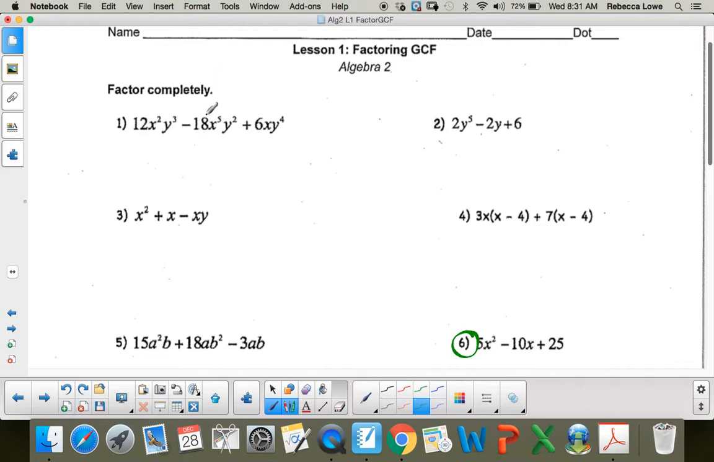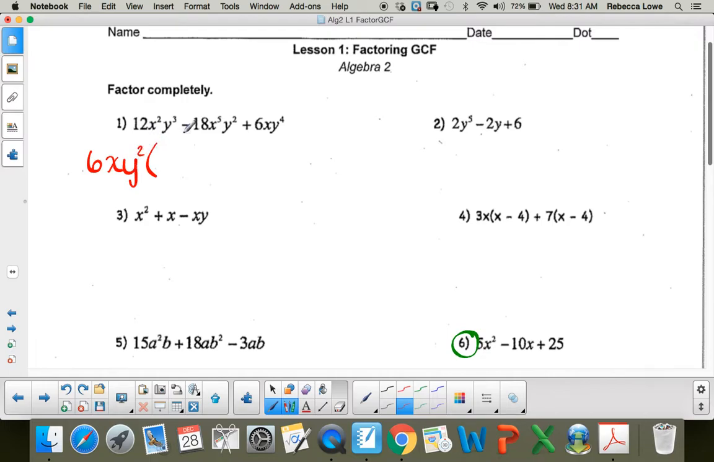So you always want to look for the greatest common factor. The largest number that divides into all three of these terms is 6. The largest number of x's I could pull out is x. They all share at least one x. And the largest number of y's I could pull out is a y squared. So I have to think of 6xy